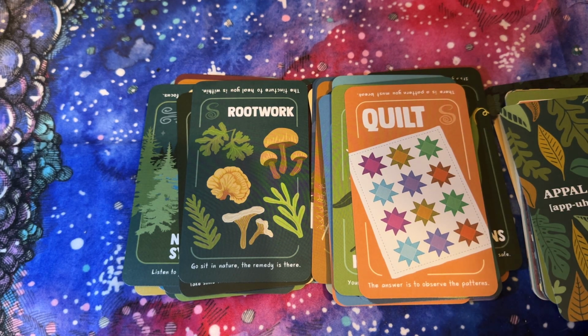I'm gonna look up quilt because it's a very resonant card with the place I'm from and the place I now live. So I wanna look that one up. Alright, so quilt. This is not a